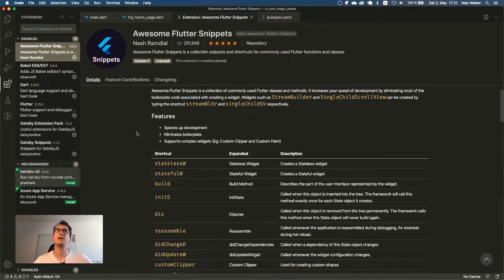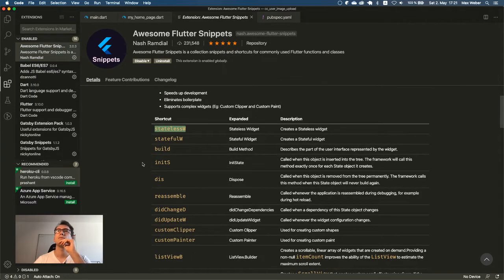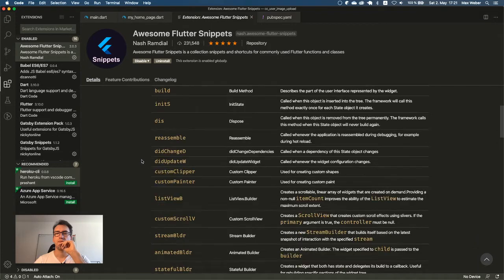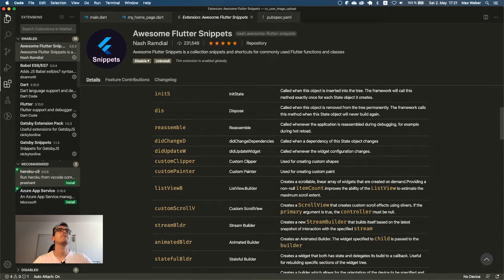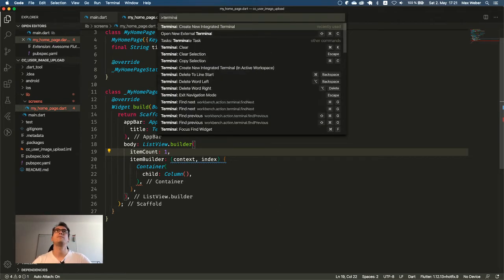Did I miss something to use? So we have the container and we need, of course, a terminal.